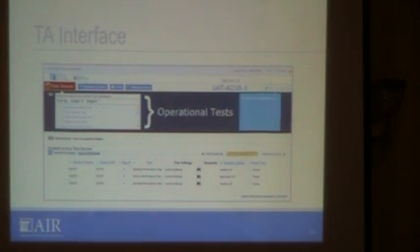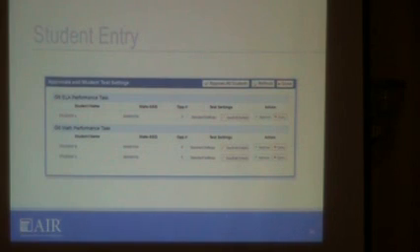Now when they log in, they will not be able to actually proceed with testing until they are approved by the proctor. And you can see there's this approvals button in the top right corner. It will be green when there's one or more approvals awaiting. Click on that button and you'll have this